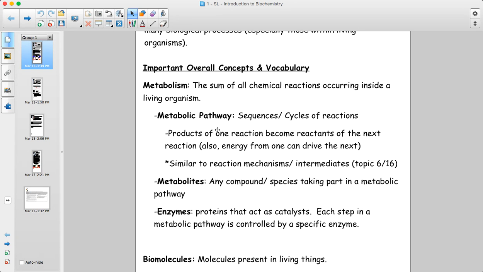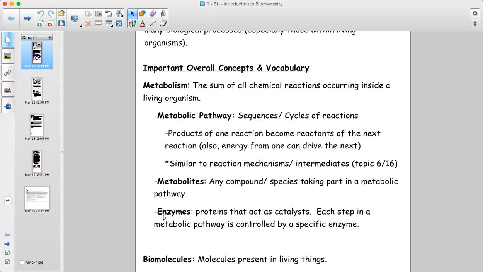A metabolic pathway is a sequence or cycle of reactions that get you from a point A to a point B. It's sort of like when we looked at reaction mechanisms, where you start with reactants and it makes an intermediate, then the intermediate gets used up, and you could make another intermediate, and eventually you make it to a product. If you add all of those steps together, you would eventually get to the net chemical equation, or the net chemical reaction. So metabolic pathways are like that, only they involve many, many more steps, and each step is generally controlled by